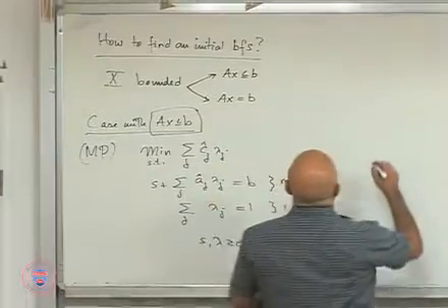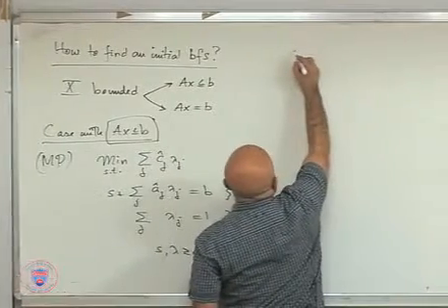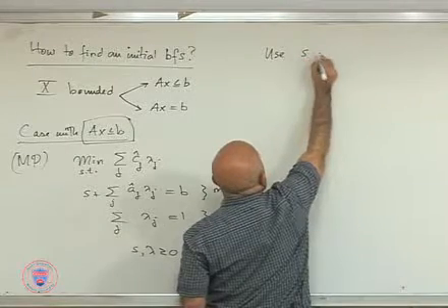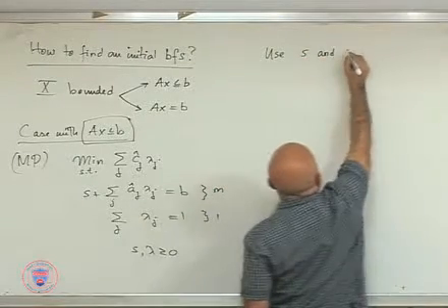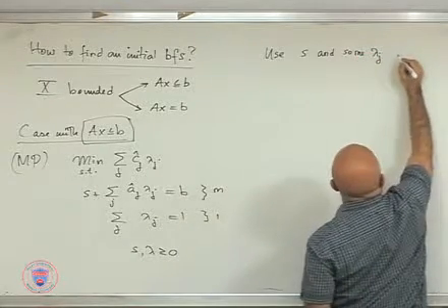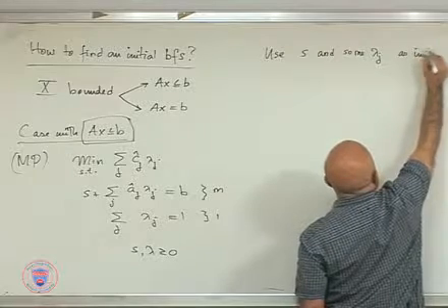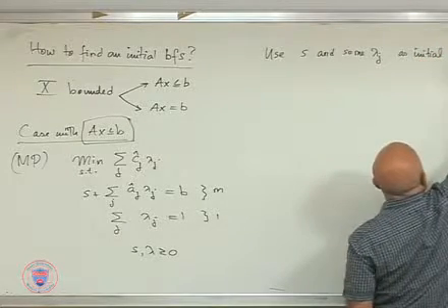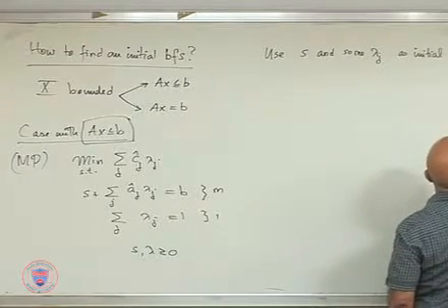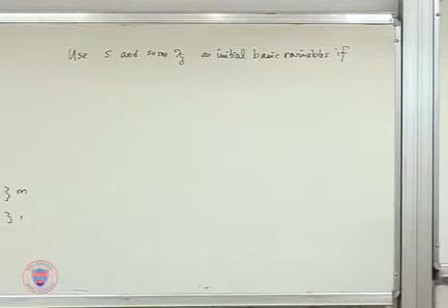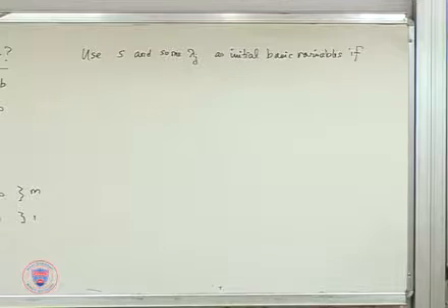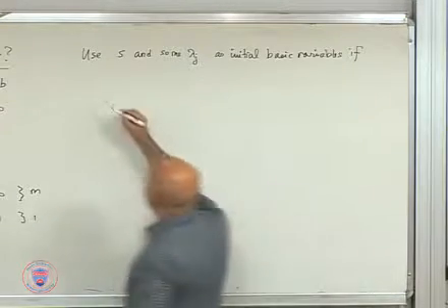So you use the slacks and some lambda j, you need exactly one such lambda j as initial basic variables